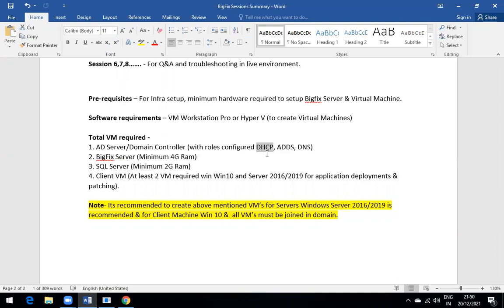Now in the second one, what we have to do, we have to create one VMware server. So that is my prerequisite for you. I want you to create one virtual machine. You can name it as Bigfix server, and the minimum memory requirement is 4 GB of RAM. You must allocate that to that particular virtual machine, and you have to join that virtual machine into your